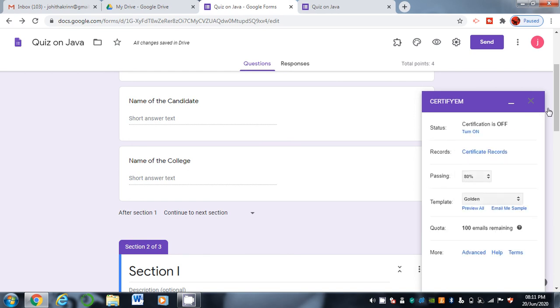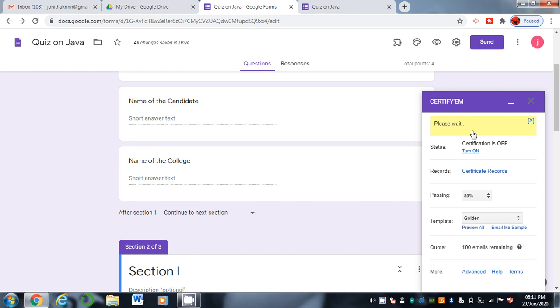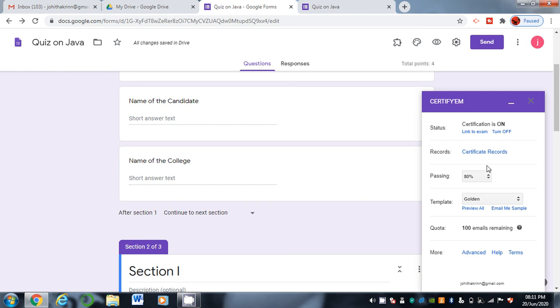Here you can see various options. Certification is off, simply turn on. The next one is passing percentage.